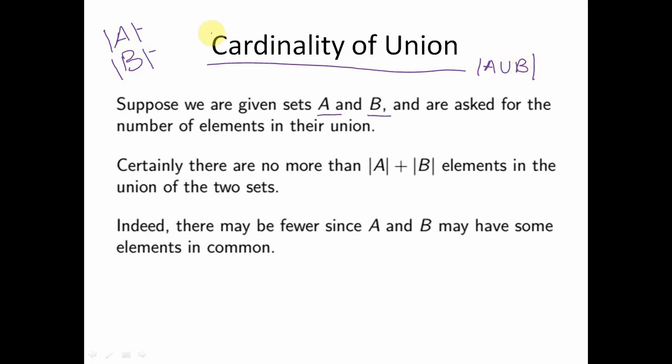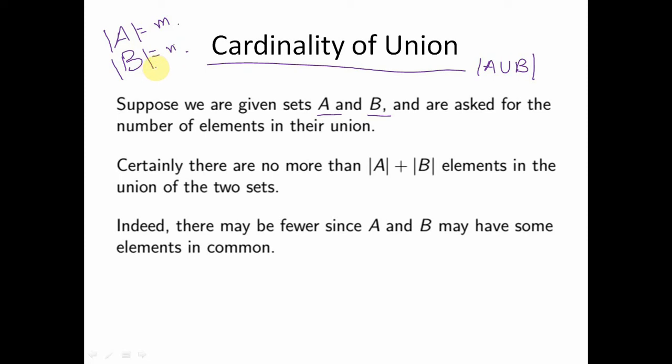Right? So obviously, what is A union B? A union B is the set of all the elements which are present either in A or B or both. Now there are two possibilities. The first possibility is that A and B do not have any element in common, or in other words, they are disjoint sets. Let us say this is M, and this is, let us say, N. The first possibility says that the M elements that are making up the set A and the N elements that are making up the set B are all different elements.